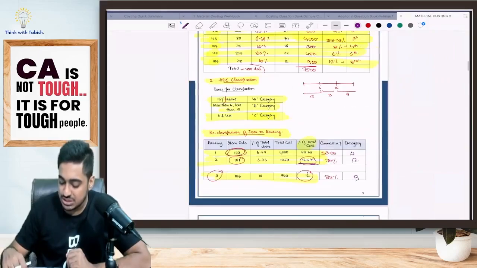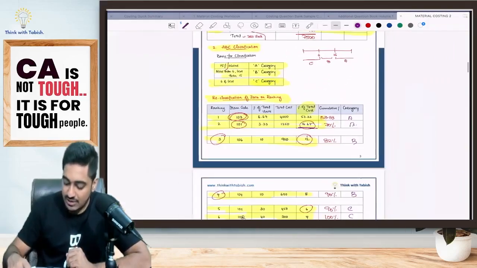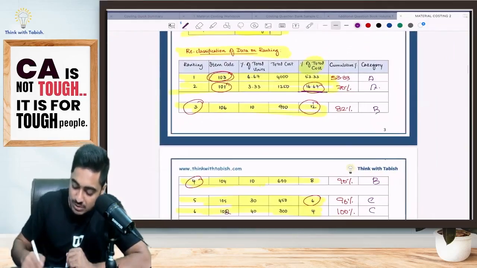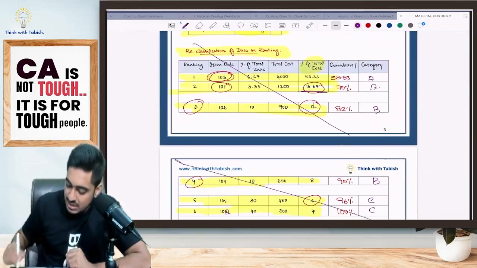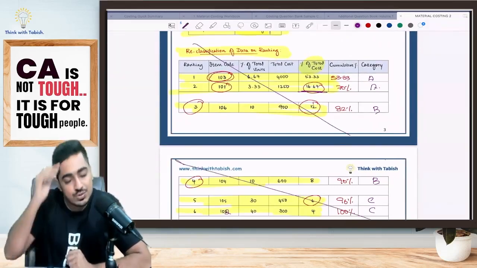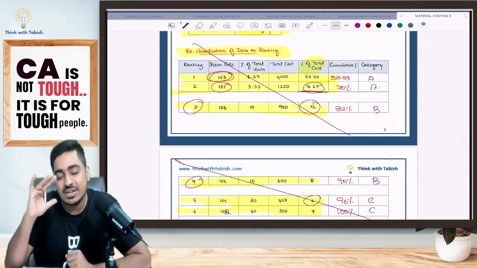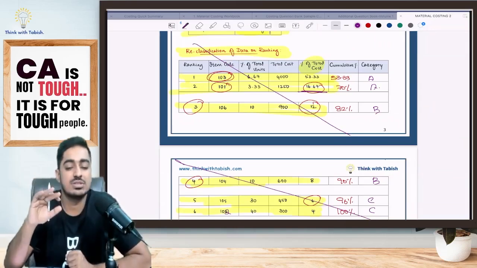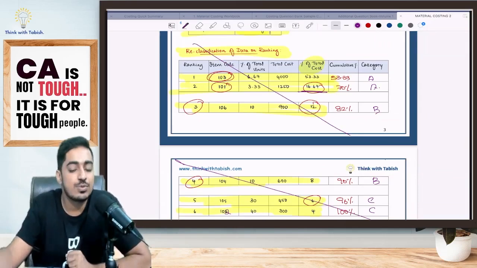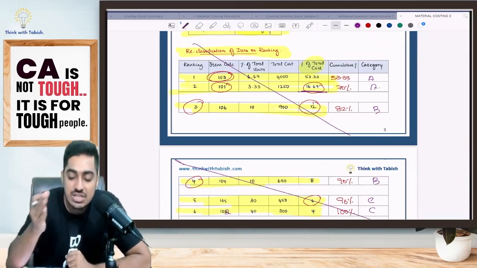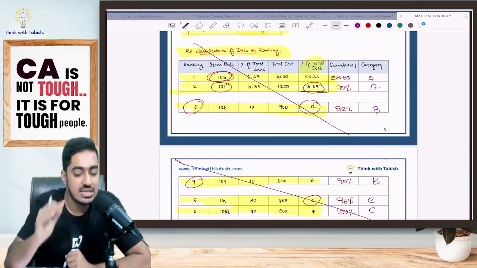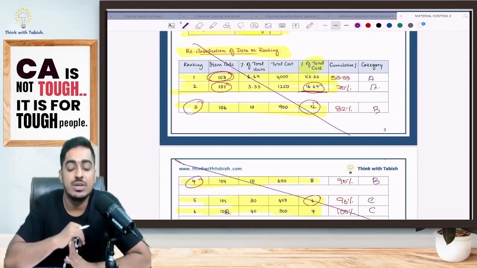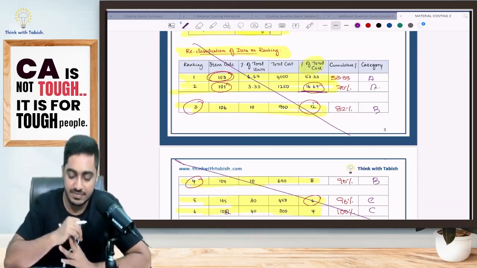But in this question it has been specifically told to me. Now, ideally for this question, this statement was not required. Without this also I could have answered. Why? Because the question told me I need not calculate 70%. Cumulative and all, don't do it. Individually 15% or more, it is A. Individually 6% or less, it is C. In between, it is B. End of my story. Is this clear, everyone?